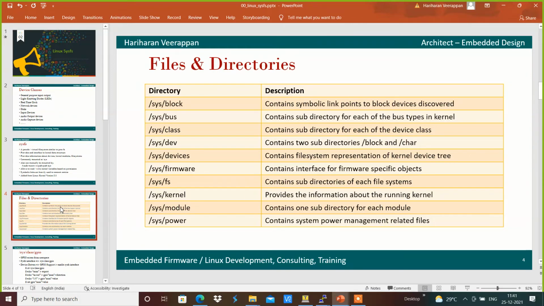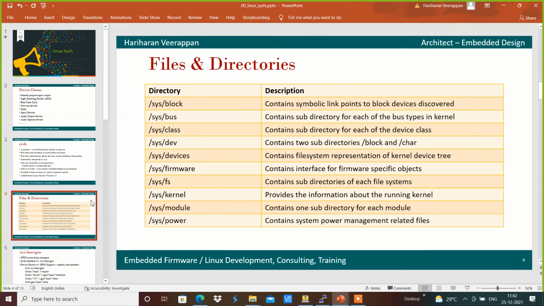But the thing is, if we want to create one, it should match, or use, the Linux hierarchy. For example, block should contain discovered block devices, and there are devices, firmware and fs, and it has to match with the respective directories.